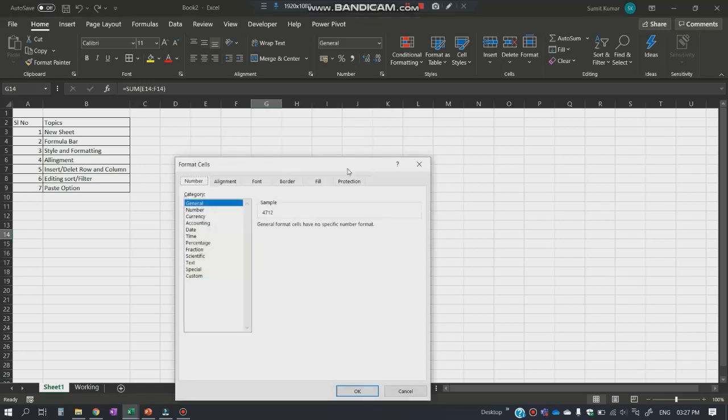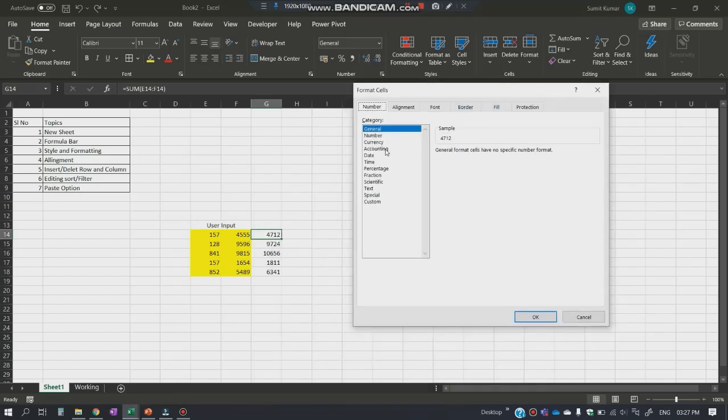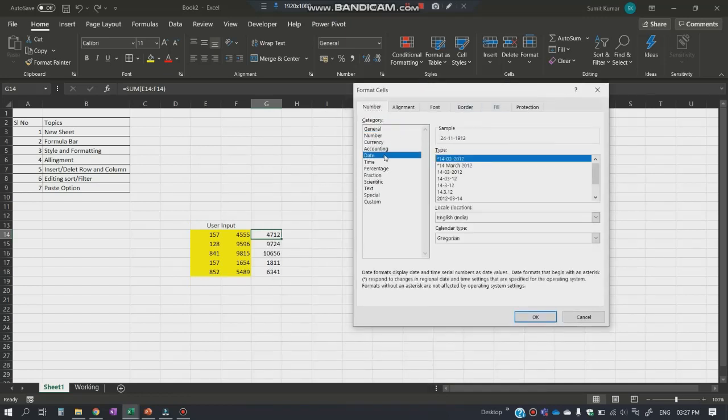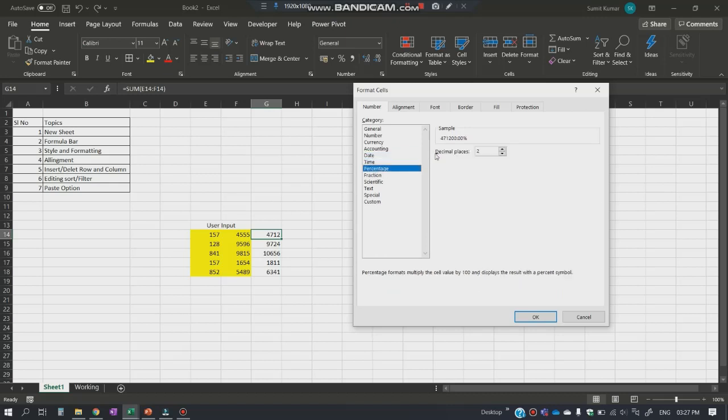Let me show you some other formats as well. So this is for the accounting purpose, and this is for the date purpose. If you are entering any date, you can use this format to enter it in a more specific manner so that it will be displayed specifically as a date. Again, you can go for the percentage.